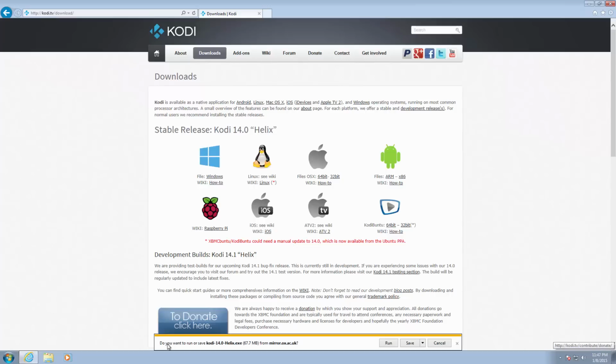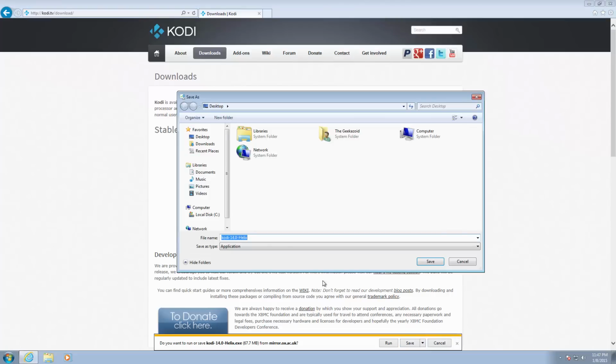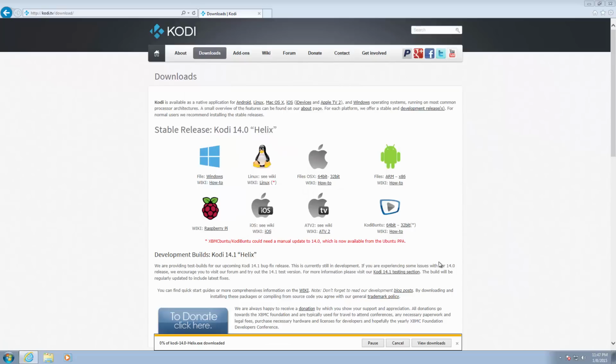and it asks if you want to save Windows. On the bottom pop-up box, you want to click on the down arrow next to Save and click on Save As. When you click on Save As, you want to set the destination to desktop by clicking on it and clicking on Save. Give it a moment to download. Okay, it's saved to desktop. You want to close down Internet Explorer,